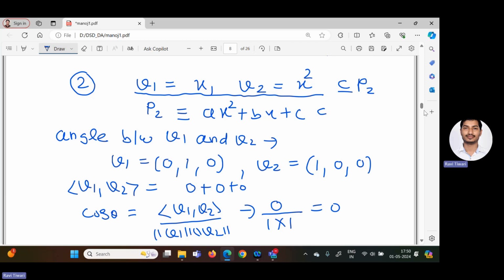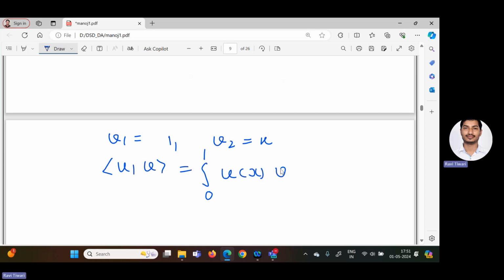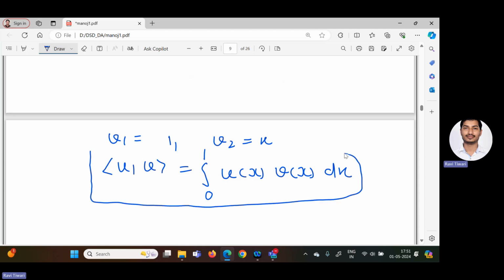So like that we can calculate. Suppose in the same question, I am giving v1 equal to 1 and v2 equal to x, correct? And the inner product space of u and v is defined as the integral from 0 to 1 of u of x into v of x into dx. Suppose sometimes the inner product space is defined in this form, then how are you going to calculate the angle between v1